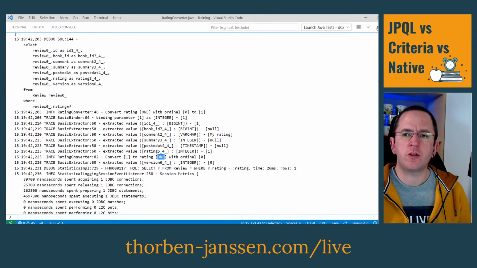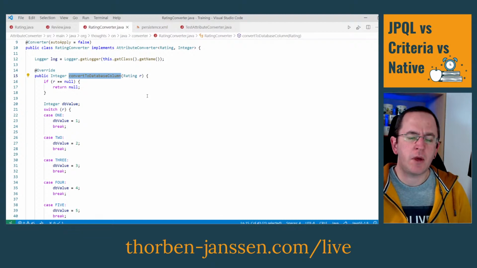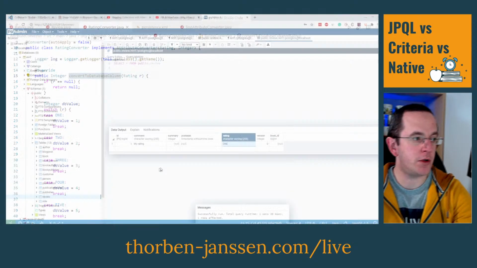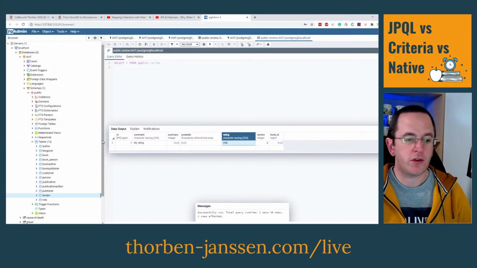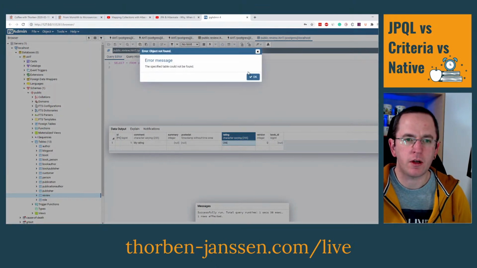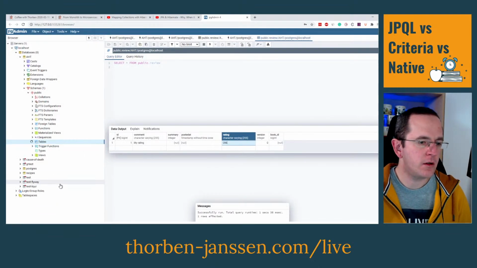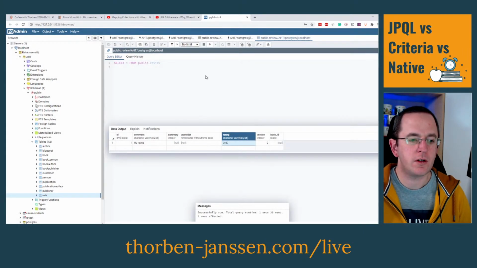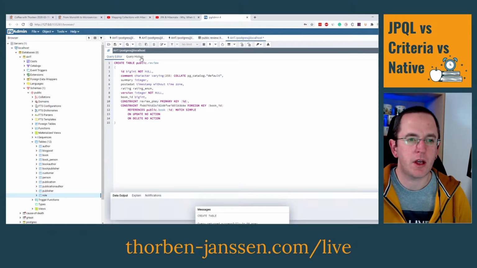Unfortunately, all of them don't support the mapping of proprietary enum columns in the database. PostgreSQL, for example, supports an enum data type. So let me drop the review table real quick. So there we dropped it. And then here I have a create table statement that uses the rating enum type,